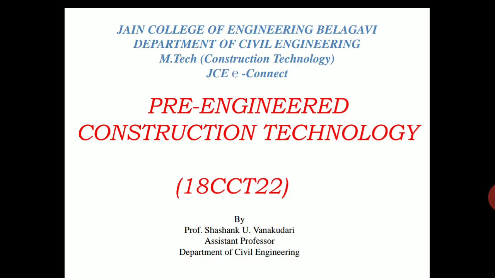If you compare with the conventional building, each and every component in the conventional building is going to be constructed step by step. That is, first foundation, then plinth level, then column, beam, slab, like that a step by step procedure gets followed. But here in the pre-engineered technique, each and every member is manufactured in the factory simultaneously, so that they can save time and save the initial cost.